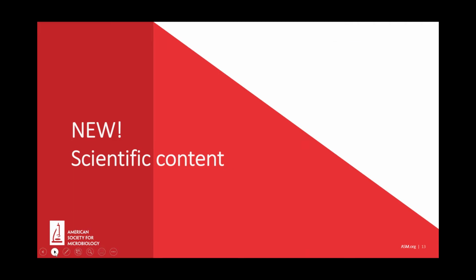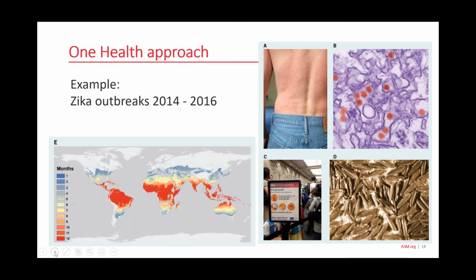So on the next slide, at one of our earliest author meetings, we focused on the concept of One Health. This is an approach that really recognizes that the health of humans and animals and ecosystems are closely connected and interdependent, and that our activities as humans impact the environment and climate, and these have a ripple effect on the health and well-being of entire ecosystems. And at the core of these ripple effects are microbes.